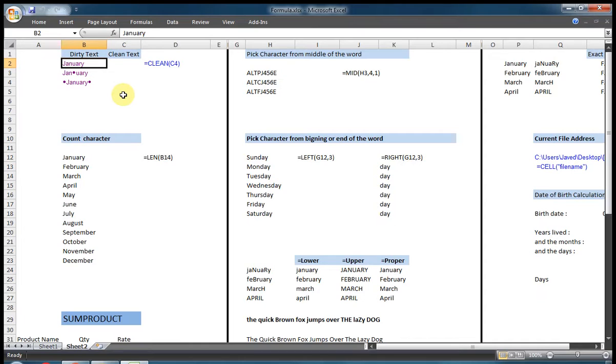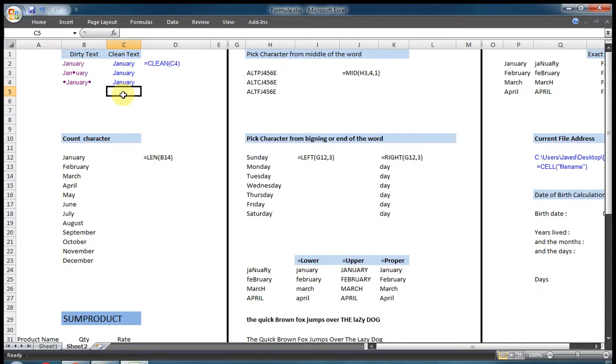If we export data from different software, some unwanted icons and symbols come into the cells within our data. If we don't know about this, we need to clear them manually, but when we are aware of it, we can clear them with a formula. You see, this is equal CLEAN, only CLEAN. Select and drag down. You see, this symbol has been deleted automatically instead of manually.